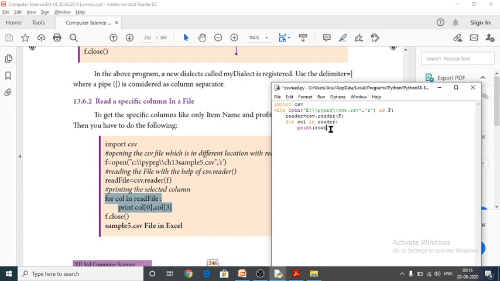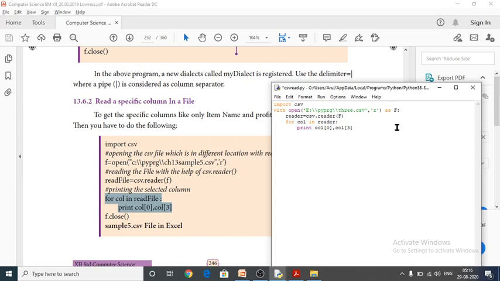And here we have to give col 0 comma col within the bracket 3. So here I have given 3 within the 3.csv file.